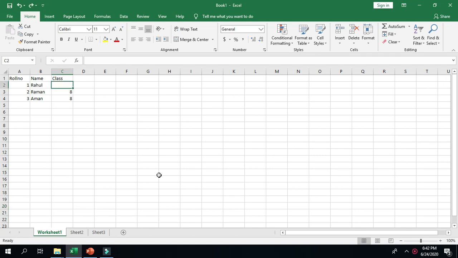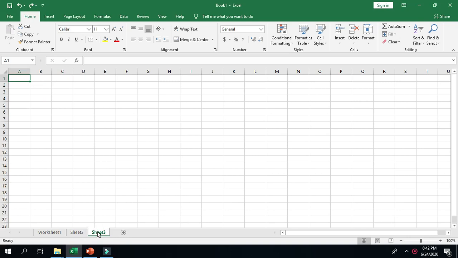So our next topic is coloring a worksheet tab. So we can color these worksheet tabs to easily identify these sheets, to distinguish one sheet from another. By default all the worksheet tabs are of white color, but we can change the colors of these sheet tabs.